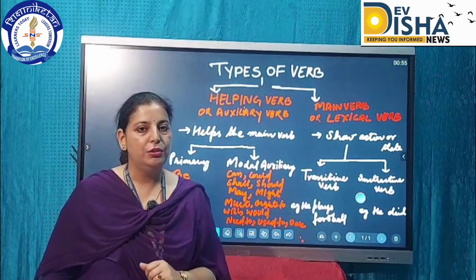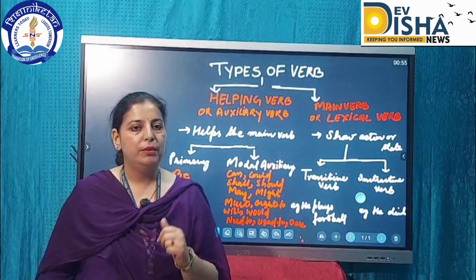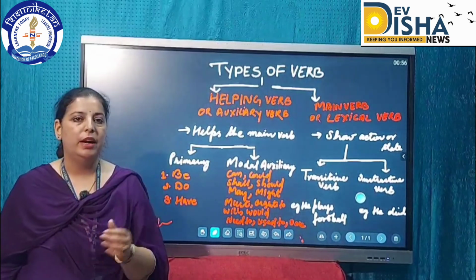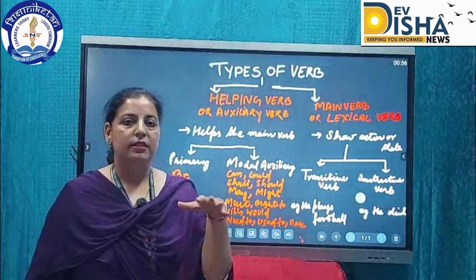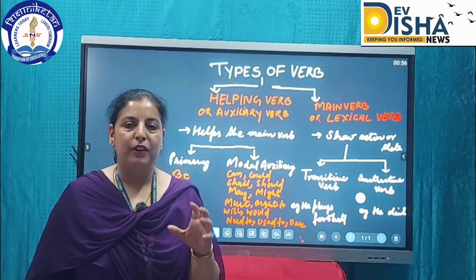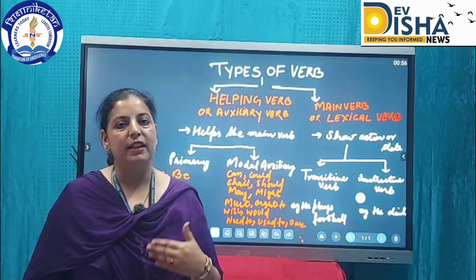If I ask you to make a negative or interrogative sentence of the same, you must reply I do not play football daily or anytime. I do not play. So do or does is not in the simple present tense, but we use it. How? With the help of helping verbs, we make our sentences negative and we make our sentences interrogative.